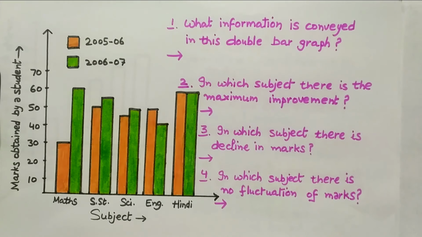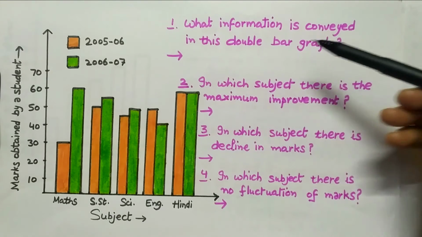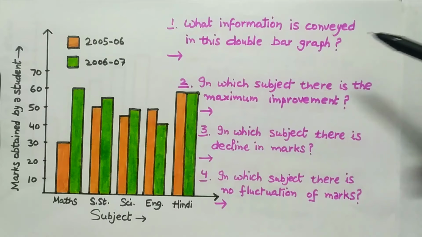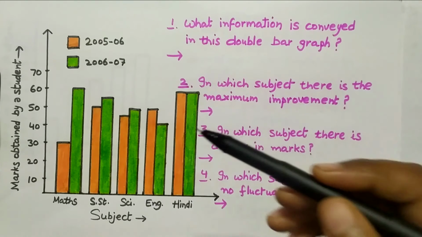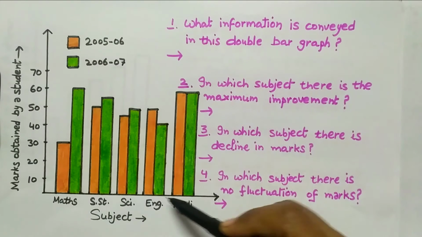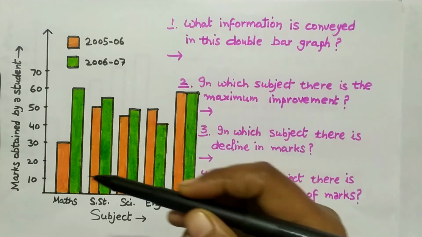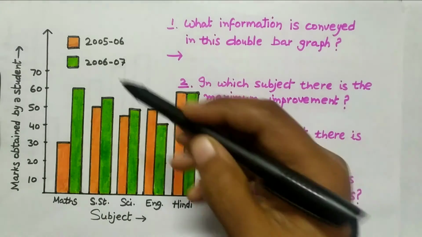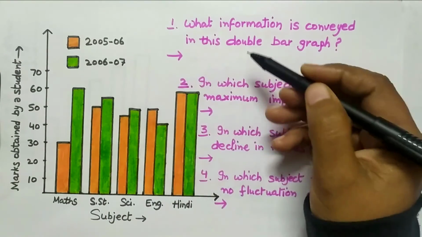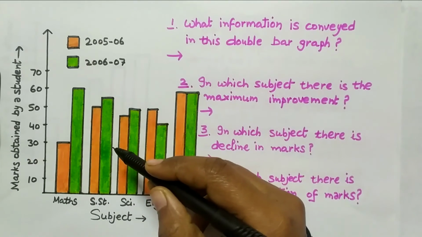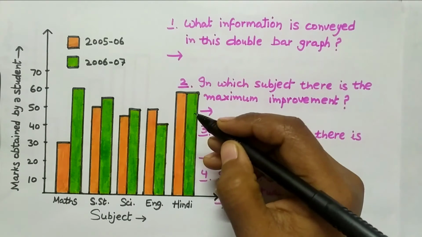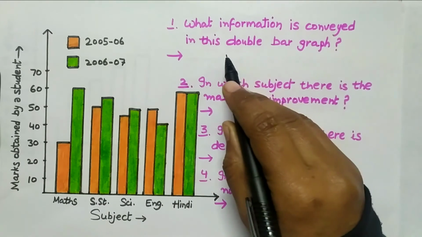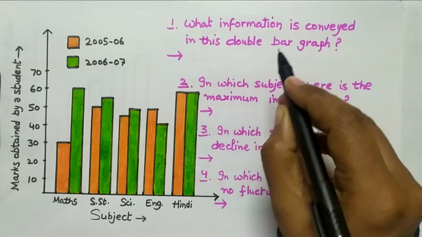Now let us see the questions. The first question says, what information is conveyed in this double bar graph? Again, we have done, along the x-axis subjects are there, the y-axis gives marks obtained by a student in 2 sessions. So we will combine these two pieces of information and write the information conveyed in this double bar graph is the